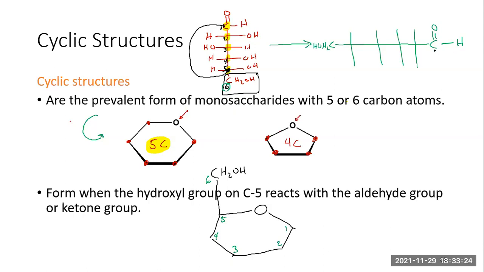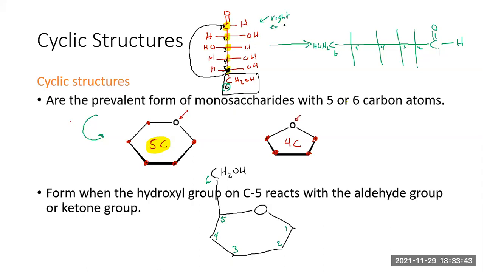This would be carbon 1, this would be carbon 2, this would be carbon 3, carbon 4, carbon 5, and carbon 6. Now, obviously, when I drop it to its side on the right-hand side, everything that is on the right-hand side